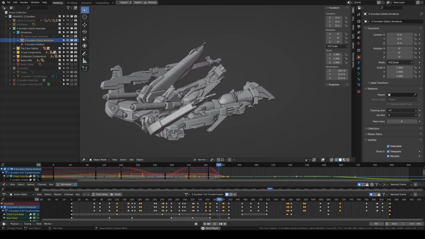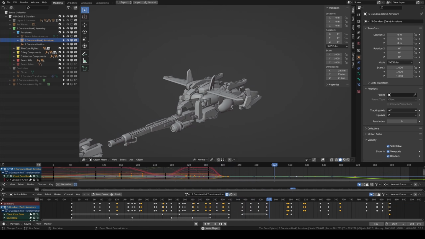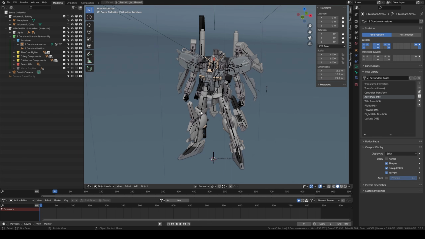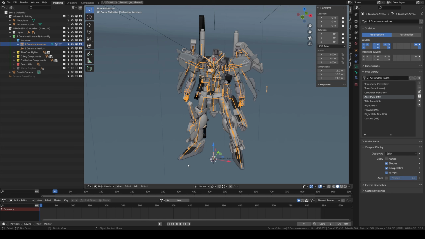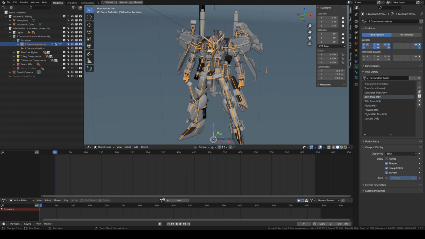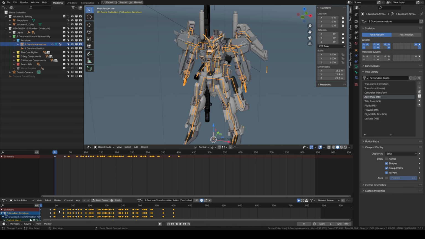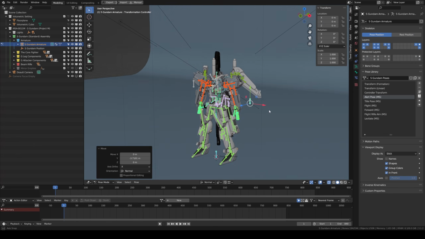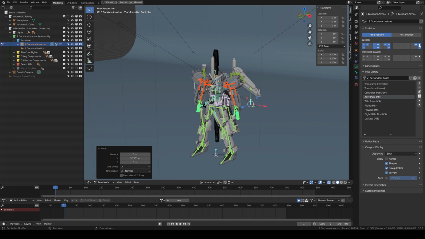Now that we understand the basics of the armature, we can learn about actions and how to make it transform. With the armature selected, if you go down to the Action Editor window and select the S Gundam Transformation action, this action is controlled by a single bone on this layer.